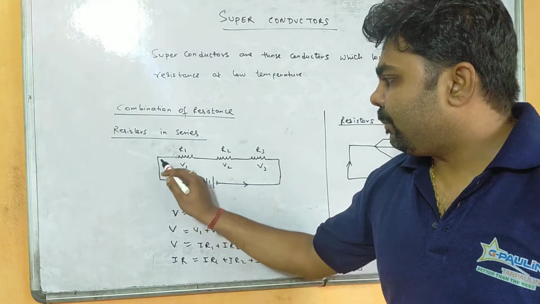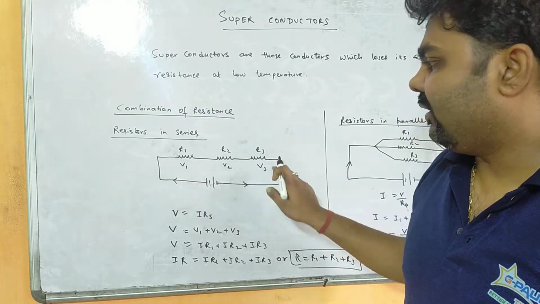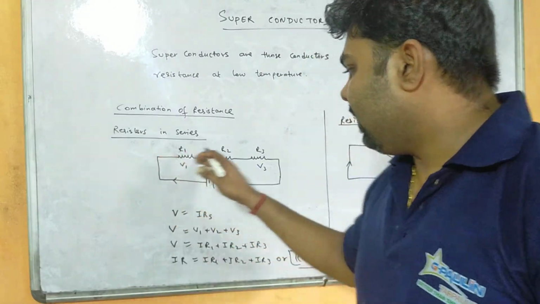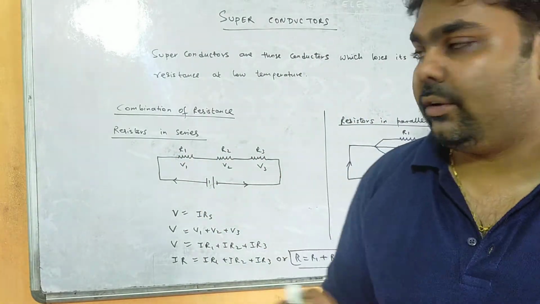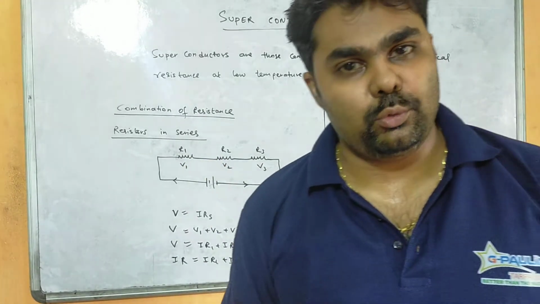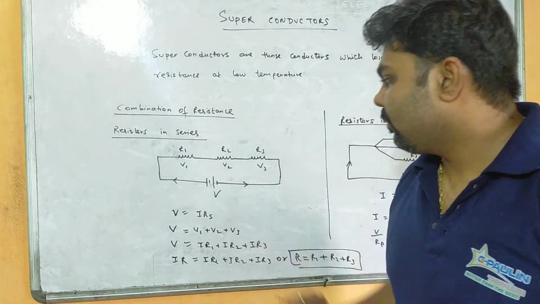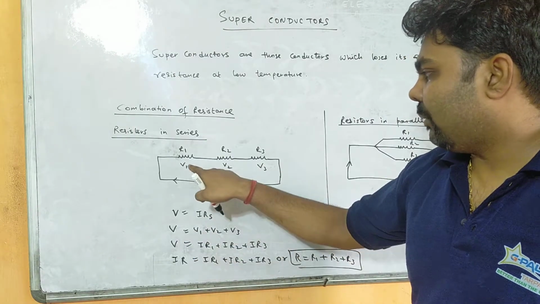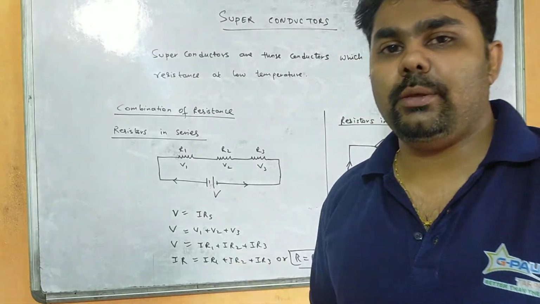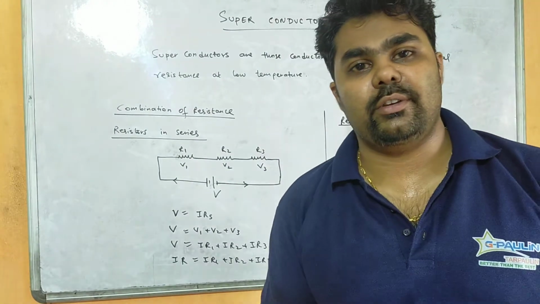Now the same current passes through the three resistances, like a same branch. That means current remains the same in series connection. Okay. So as current remains the same, voltage is different. That means the potential drop across R1 is V1, across R2 is V2, and across R3 is V3. That means total voltage equals the summation of V1 plus V2 plus V3. Okay. So why have we taken V1, V2 and V3? Because current remains the same, and what remains different? Voltage across each resistance remains different.